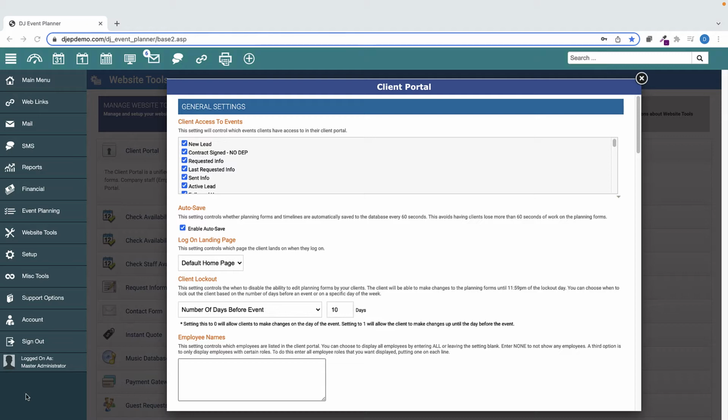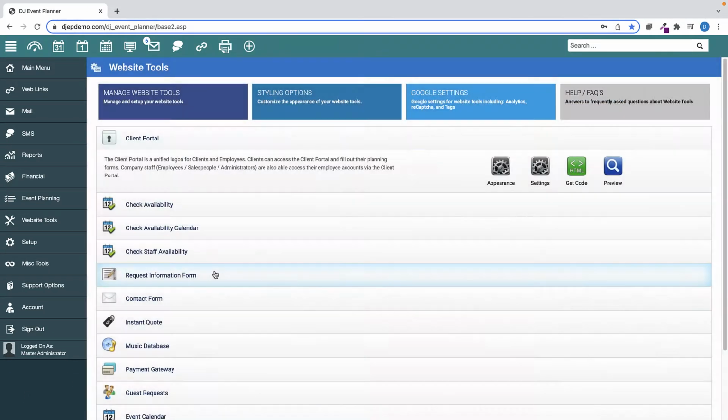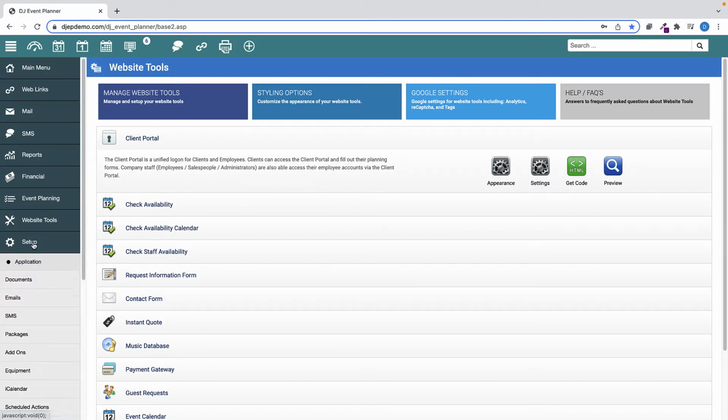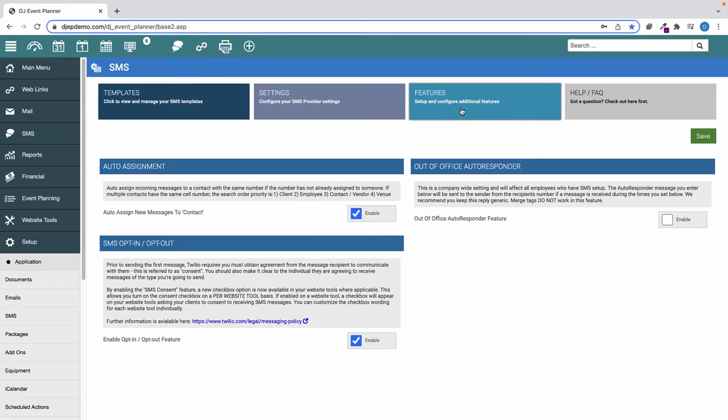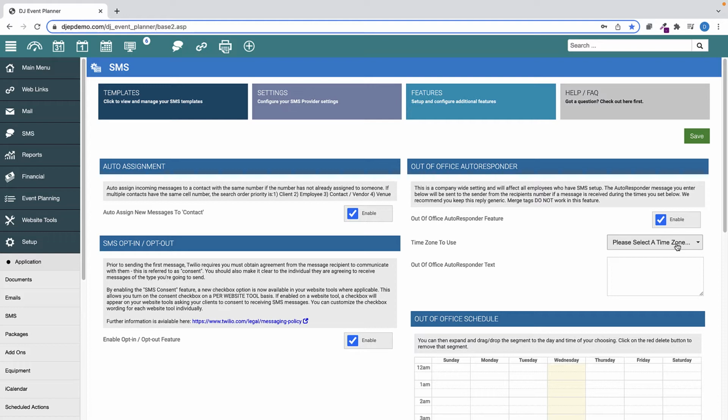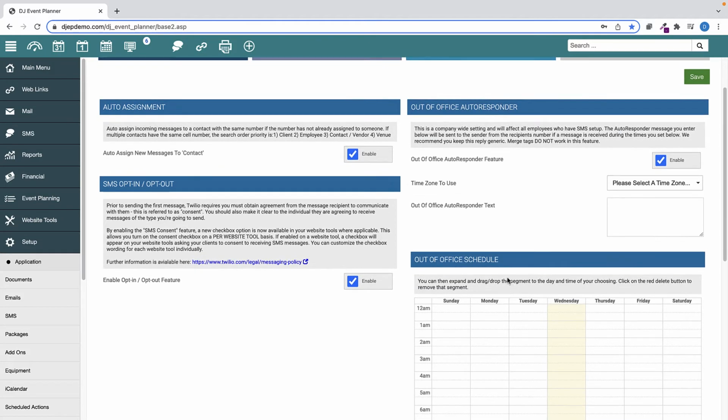We have added a new SMS feature called Office Autoresponder. This allows you to instantly reply back to an incoming SMS with a predefined company message. To get started, go to Setup, SMS, Features. Place a check mark in front of Enable, then choose your time zone, enter your auto reply message,